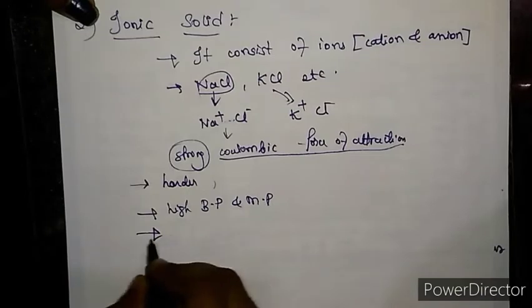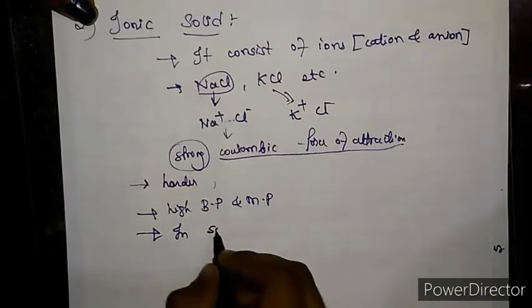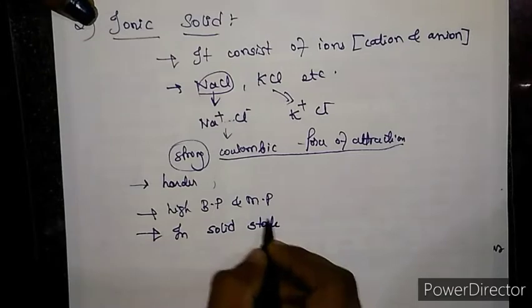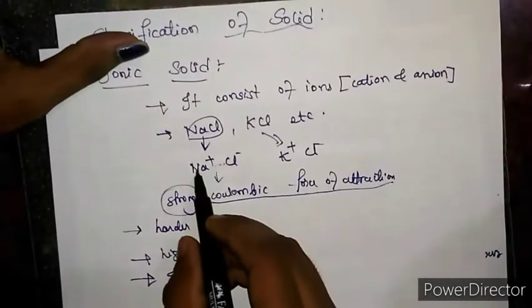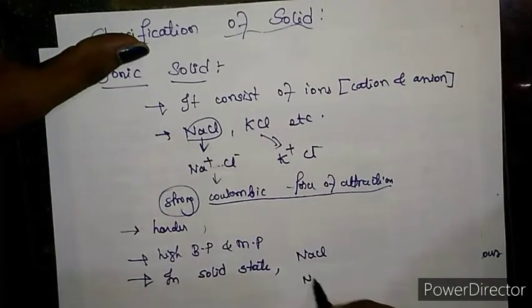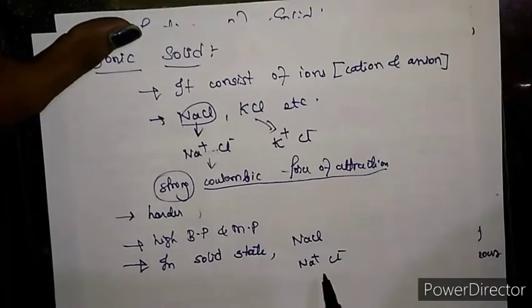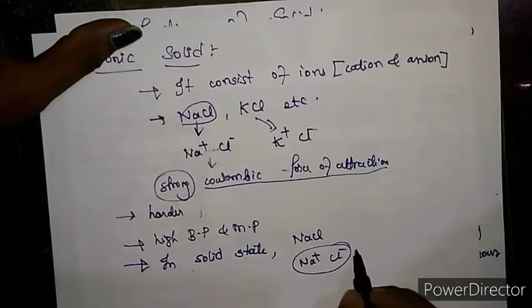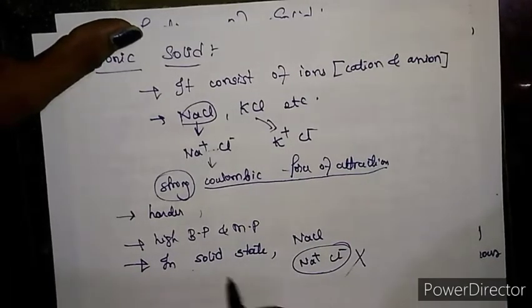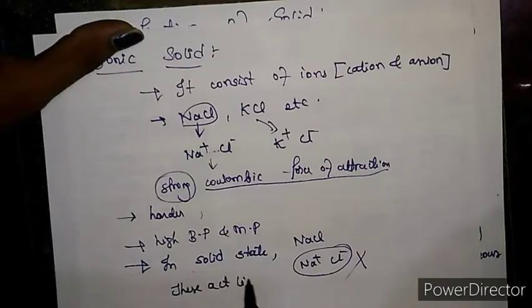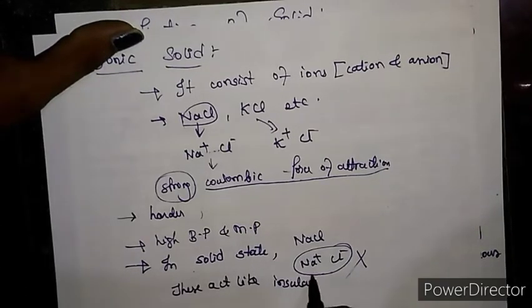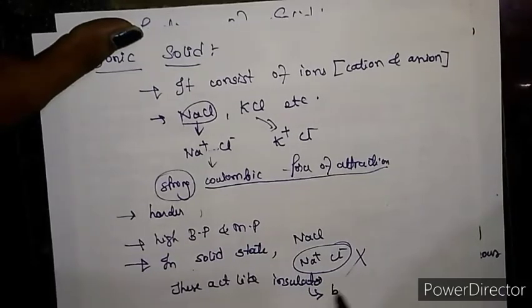And remember this point: in the solid state, there will be no availability of free ions. In NaCl, what are the ions? Na plus and Cl minus are the ions, but in the solid state these ions are not free to move. As a result, in the solid state the ionic solid will be an insulator. Insulator means what? They do not conduct electricity. That is what insulator means, a bad conductor